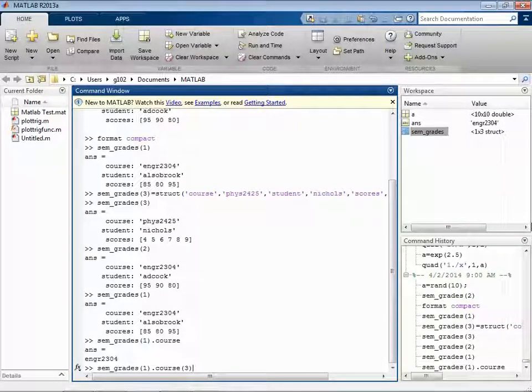Who has an idea what this will produce? It's going to be student physics 2425. It should be engineer 2304 with the scores. It will pick out